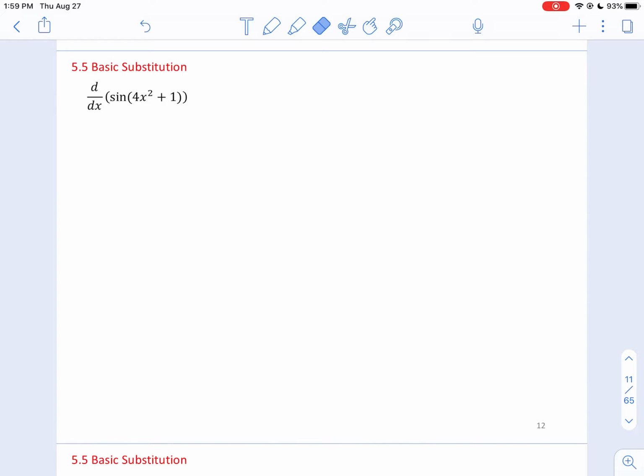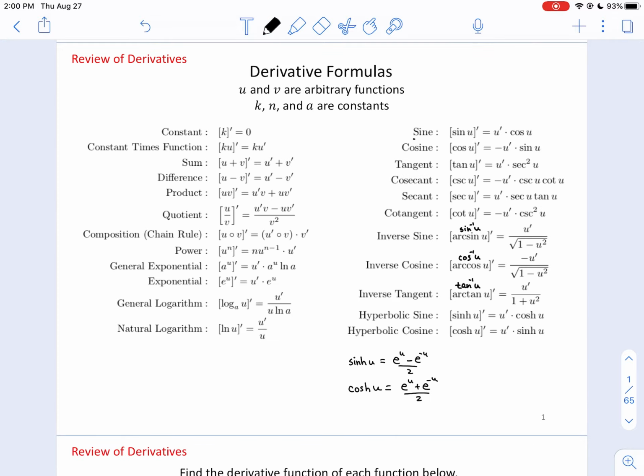Hello class. Today is basic substitution, which is a method for doing antiderivatives that reverse the chain rule. This slide here, we're going to practice doing a derivative that involves the chain rule, and then we're going to learn the integration techniques for reversing that process. If we were to go back to our derivative rules, we're going to use this rule right here,